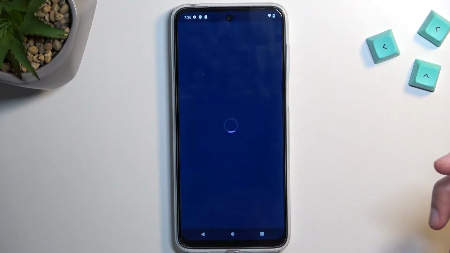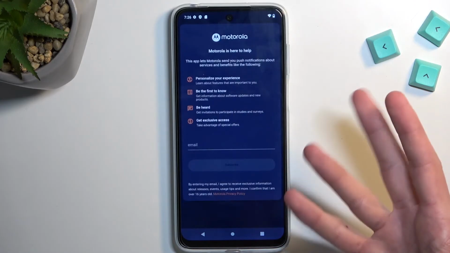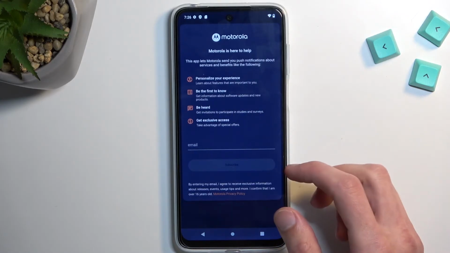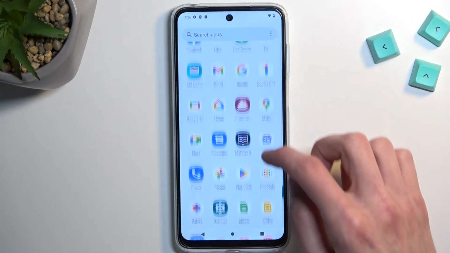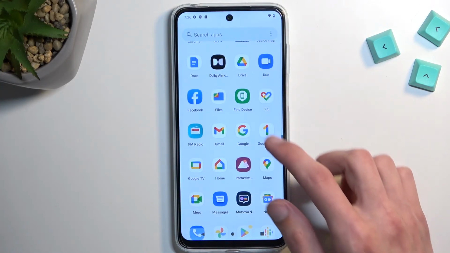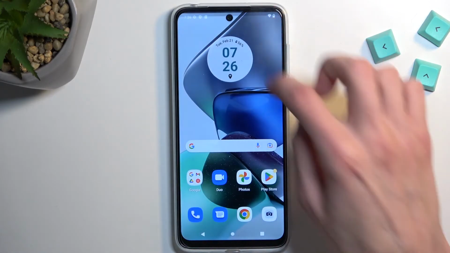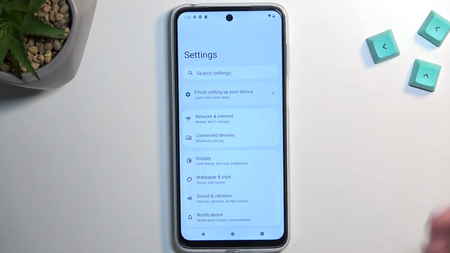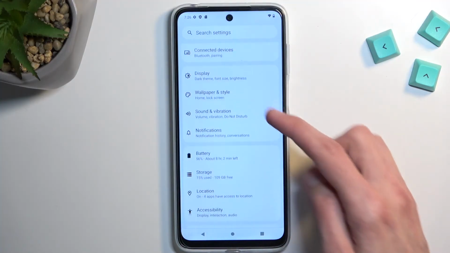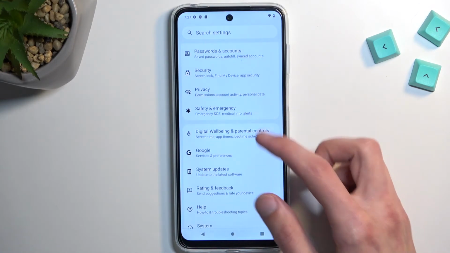Is that it? No, I guess we don't. Okay. So I'm gonna just move over to the next options, considering it looks like they're just not in here. So we're gonna move over to